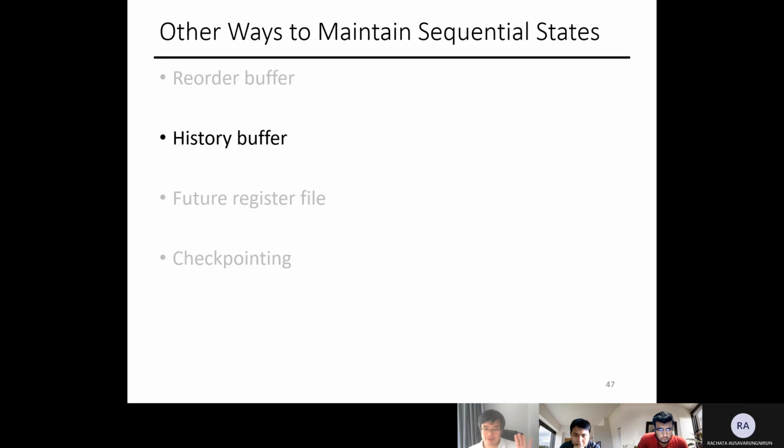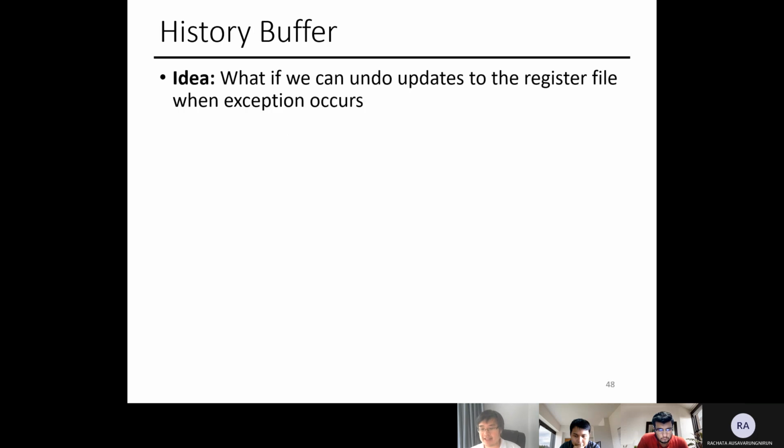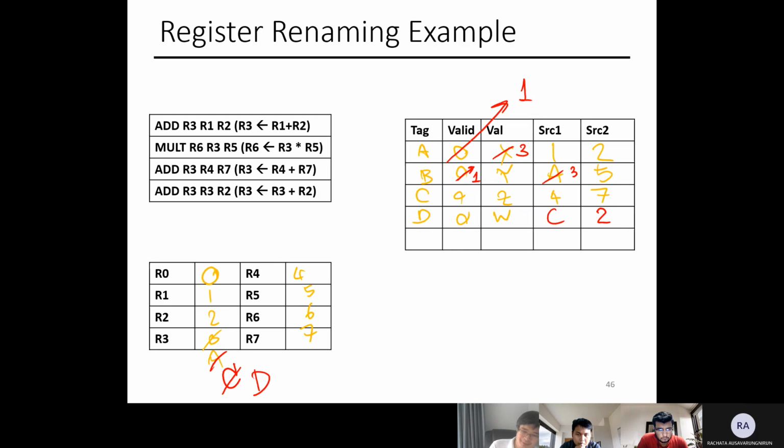Well, so now we talk about reorder buffer. Let's talk about history buffer. It's kind of similar, but there's a quick difference. So history buffer, the idea is, well, the downside of reorder buffer is if exception happens, what do I do? Because, so let's go back here. If exception happens, what? Right? So what you do is you're going to have to retire this